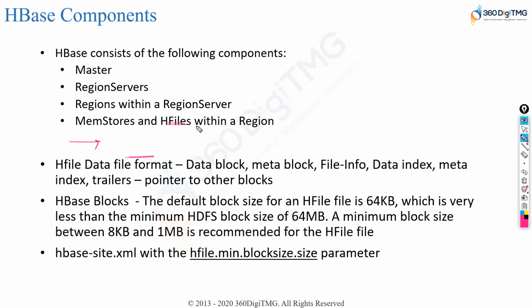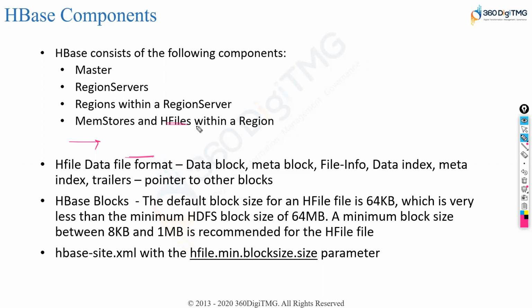The minimum can be 8 KB and the maximum can be anything, and it is recommended to be 1 MB. You can also have 128 MB as well. Yeah. So this default block is 64 KB, right? But we have somewhere between 1 MB, right? Close to 1 MB, I mean minimum. That's what we basically have, right?